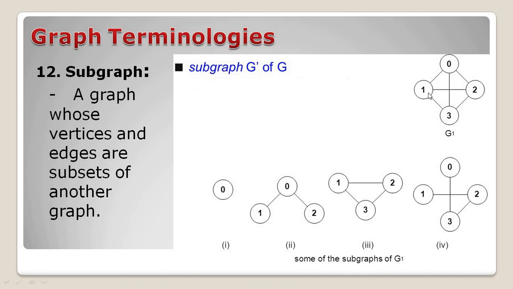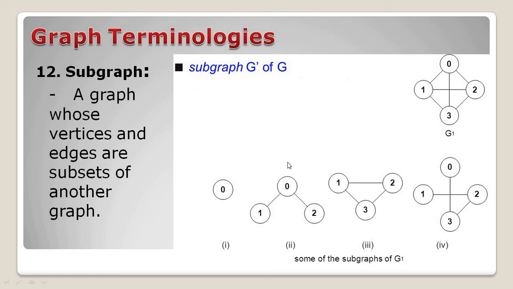Also we are having the edges like 0 to 1, 1 to 3, 3 to 2, 2 to 0, also 0 to 3, 1 to 2. So here if we are having the set of vertices and set of edges, and now in between here like 1, 2, 3, 4. So these are the thing we are going to be calling as the subgraph of this